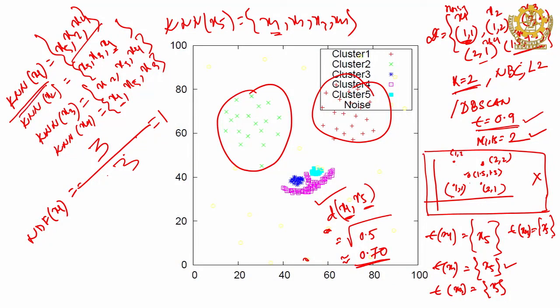So, KNN of x1 you got it. Now you compute x5, then x2 and x4. Once you compute x5, all points will be covered, so it will form a single cluster. But you just see how DBSCAN works. DBSCAN initially started with this point as a noisy point and then finally merged it, but here we initially got the point as a cluster point, but some points may be noisy points.